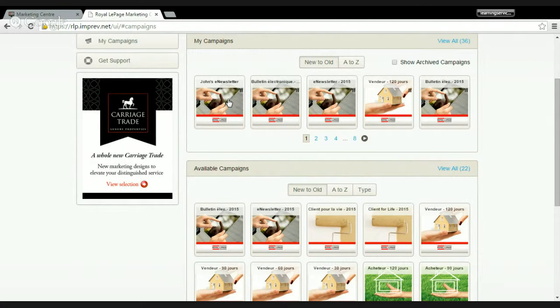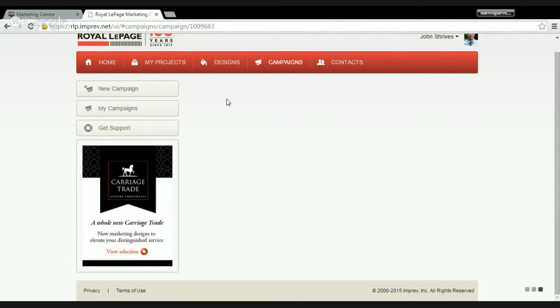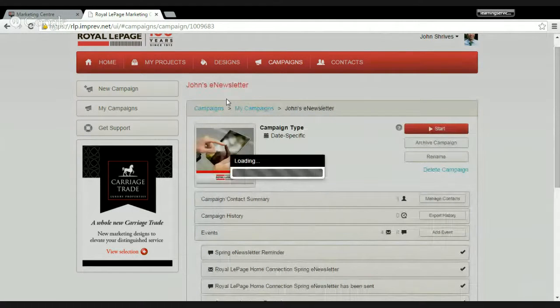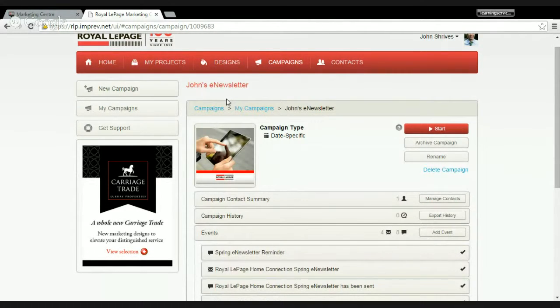So let's actually look at one of these examples. Let's go into a newsletter campaign. Every quarter, we put out something called the homeowner newsletter, and there's articles about the market as well as some home maintenance and home decor tips that you can share with your clients. And this is an example of a date-specific campaign because those newsletters are programmed to go out on a certain date each